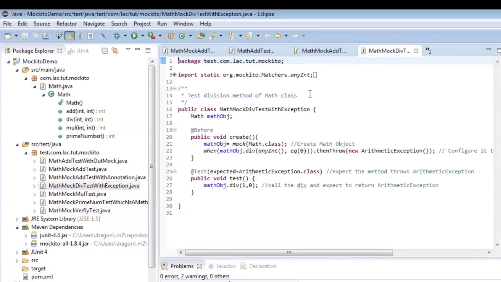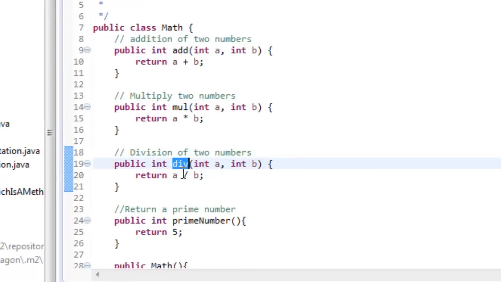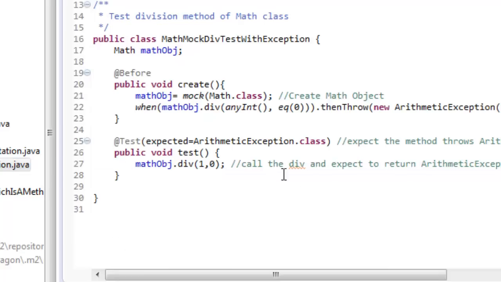Let's see a slightly improved example here. If you see the div method, when we pass the denominator as 0, it throws a runtime exception, an arithmetic exception. So using Mockito, if you want to test whether a particular method throws an exception or not, you can define the behavior of your mocked object very easily.